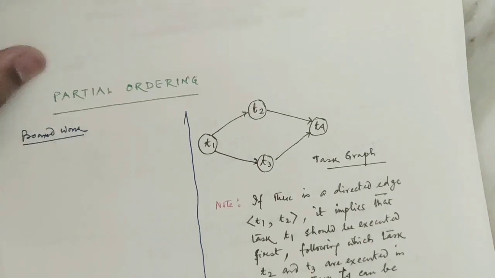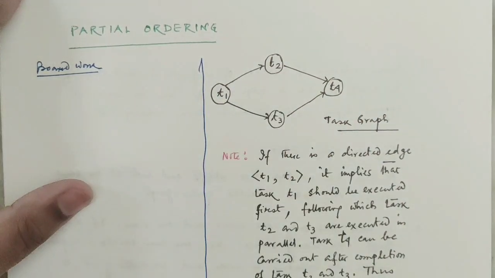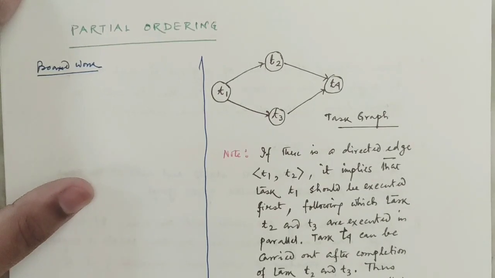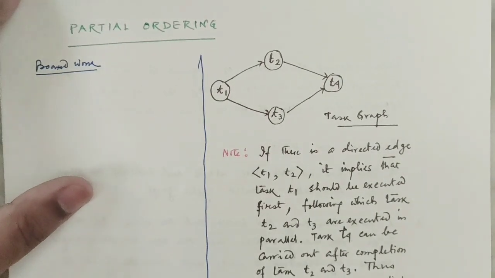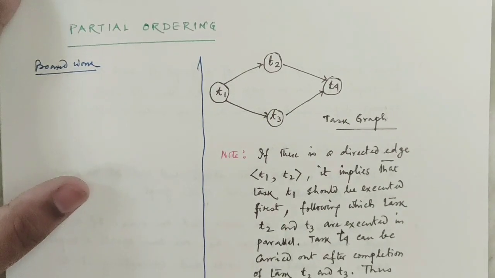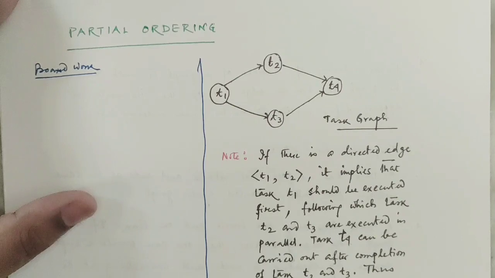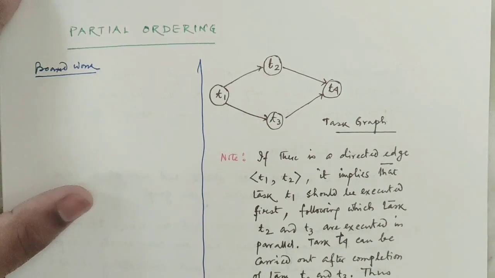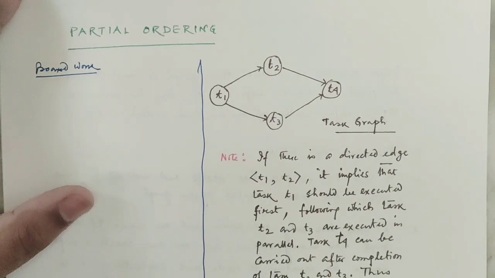Before going through the application of DFS or even the decrease and conquer algorithm for topological sorting, we must know what we mean by partial ordering, because unless and until you know the concept of partial ordering, it is very difficult to go to the next section. Okay, so what is partial ordering? Normally many real world applications are associated with some jobs, or we can call them tasks, that have an inherent ordering.